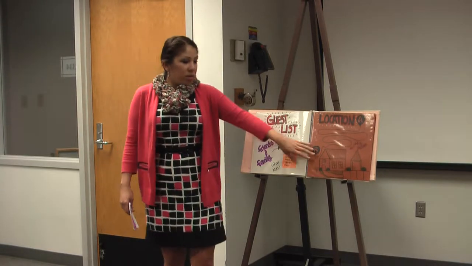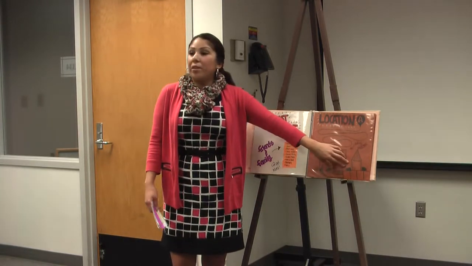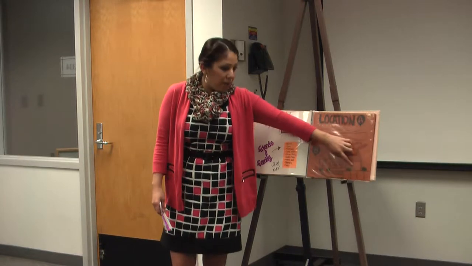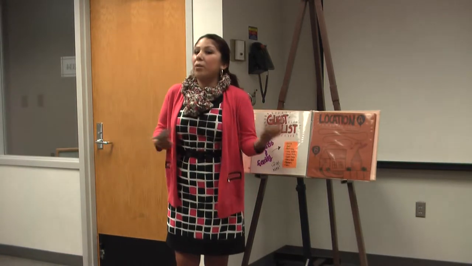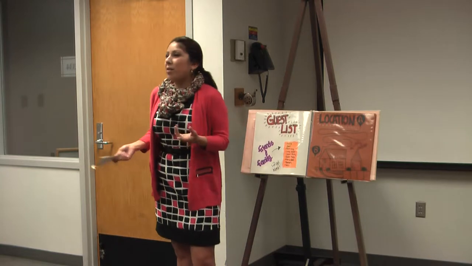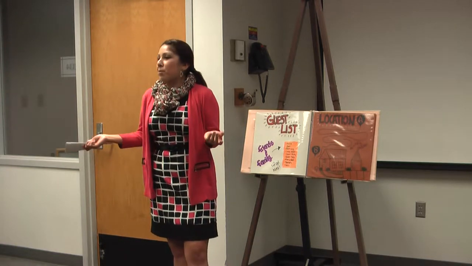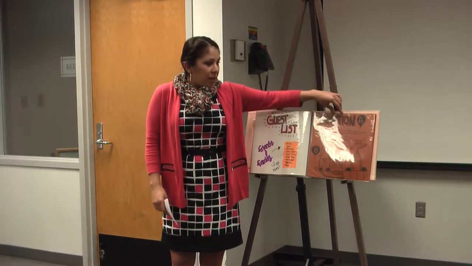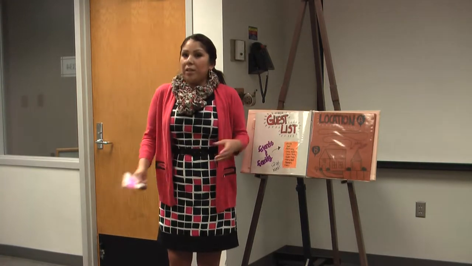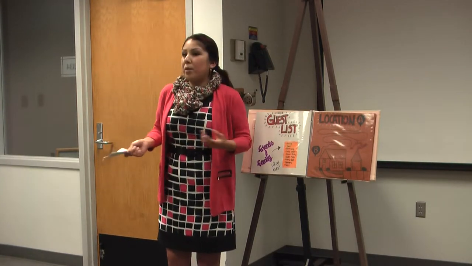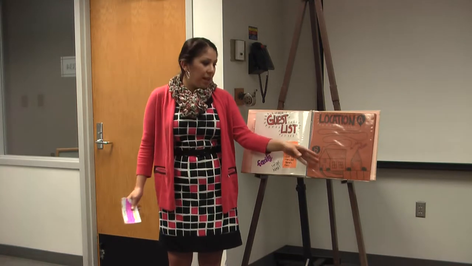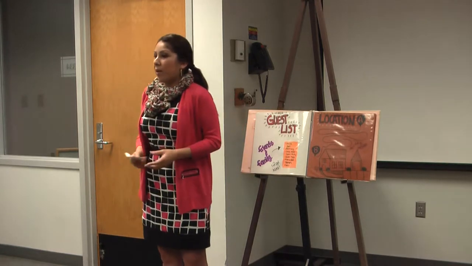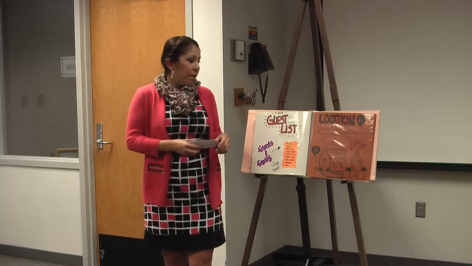Now, one thing I also like to be very clear about is where they're going to park. I like to point out and maybe make signs saying you can park here, because you don't want your best friend's car being towed because they parked in your neighbor's yard or in front of it. And also, make sure that you're clear about your location and letting them know where your house is, by setting out balloons and letting them know where the party is. So being accurate about these things